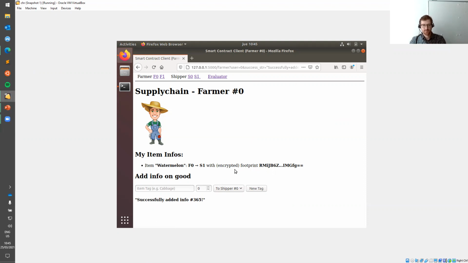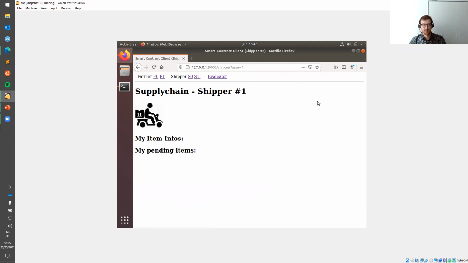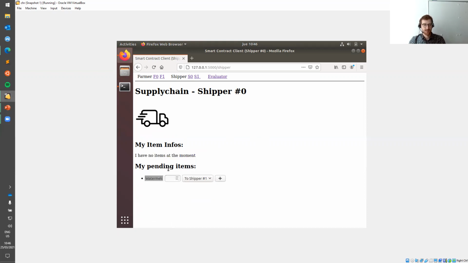So now, for instance, this is recorded in the blockchain. I have some public information that this produce, called watermelon, was shipped to shipper 1 with some encrypted footprint. Now if I go to the interface of shipper 1, it shows that there's a pending item, which can be sent further, for instance, to maybe another shipper, right? So this is maybe produce that goes around the world, very inefficient. Now if I go to shipper 0, I can see the same information,